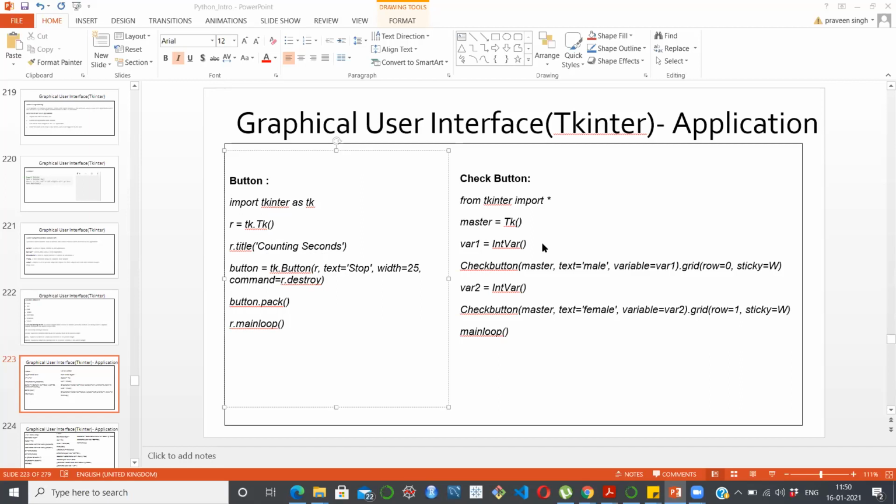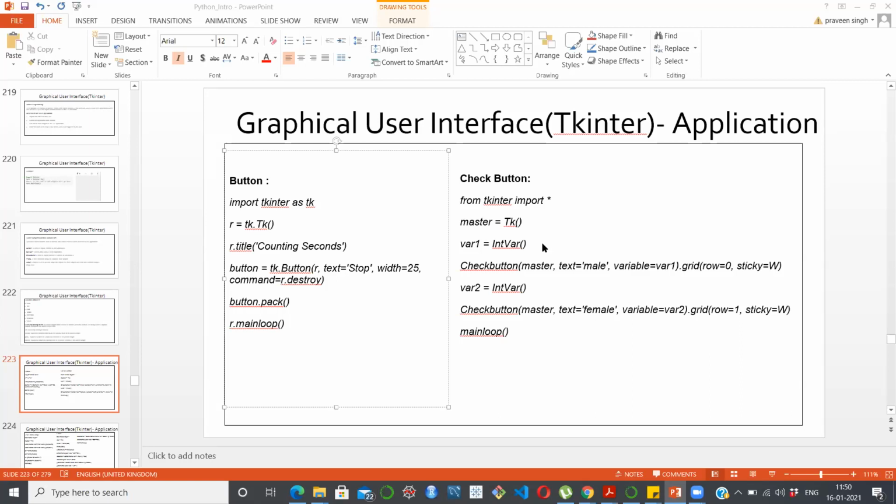On the right side, you can see what exactly I have done here. I am trying to provide a check button. From Tkinter import, we have given master equal to tk and variable one, which is nothing but the interval basically.